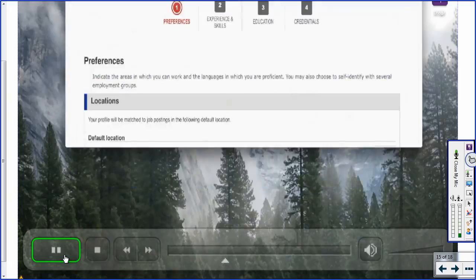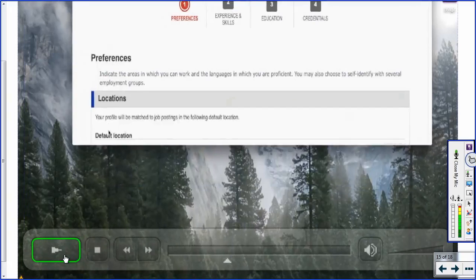So the next step will be to manage your preferences. There's a default look. Okay, so I really just wanted to show you this screen here, right? So you have preferences about where you could work and the type of work that you'd want. You know, are you looking for work in just Ontario or elsewhere? And then the next section is all about your experience and skills. So you're filling in any jobs that you've had in the past. And in the third section, you add in your education. And in the fourth section, you get to your credentials.